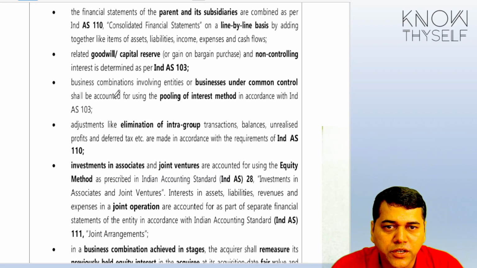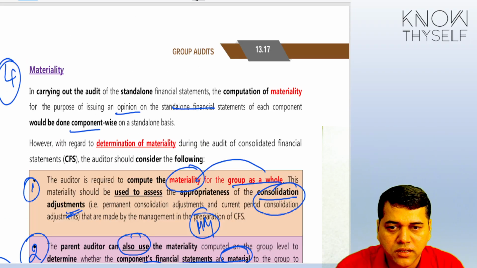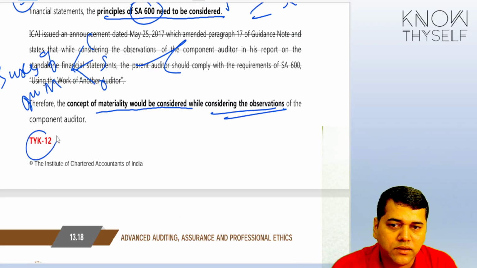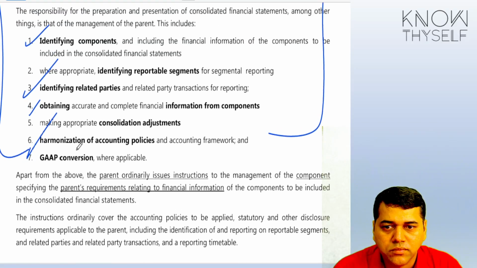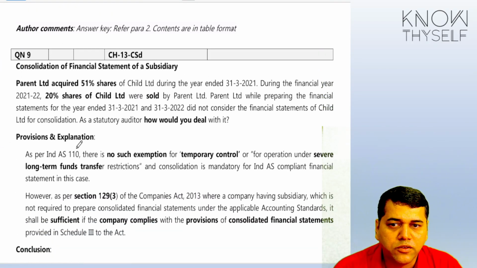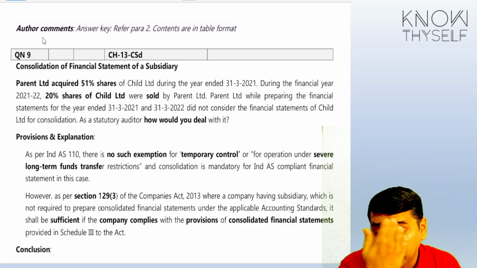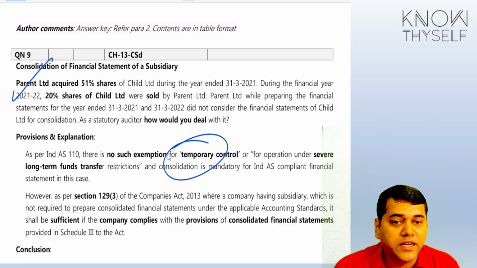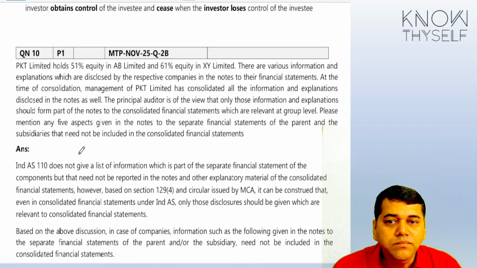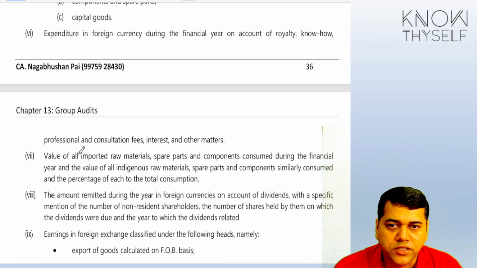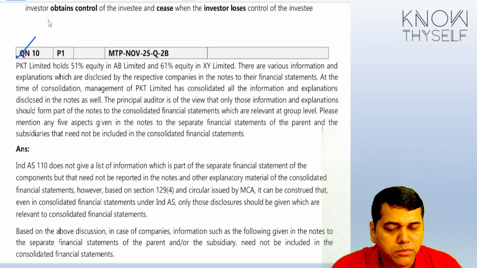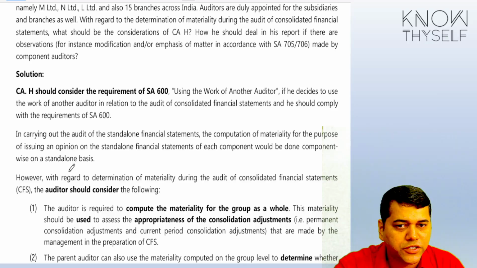So before we proceed, we had one question there. I think test your knowledge 12. So let us take the test your knowledge 12 question. There is one case study also they have given. This is the same case study which we have already seen: temporary control and all exemption related. Disclosure. Okay, this is the next one. Next thing, audit consideration. We have to solve problem question number 10, which we'll see later because I should have shifted it.